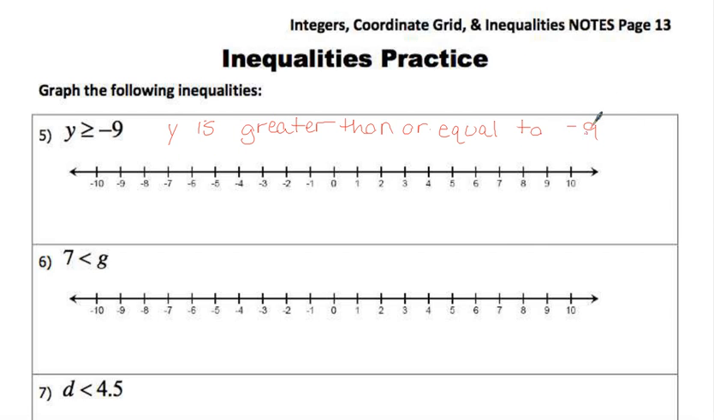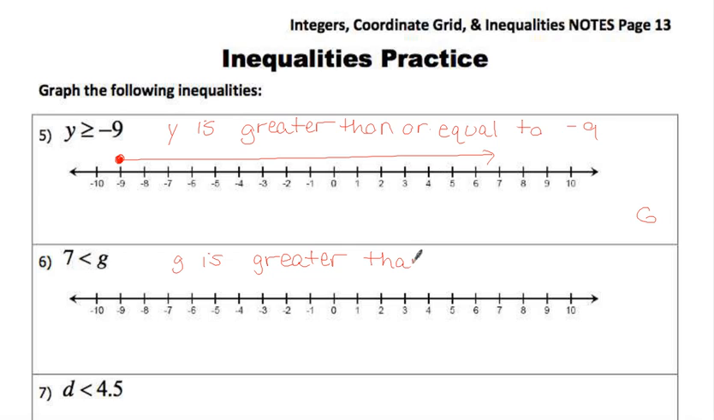Now because it's greater than or equal to, it's equal, we have that closed fist, we have to put a closed-in circle above the -9. And it says y is greater. Well, this is the greater side. So you're going to take your pencil and draw an arrow that goes towards the greater side. And that's it. That's how you graph an inequality. Let's read the next one. Now this one's backwards. G is to the open side, so greater